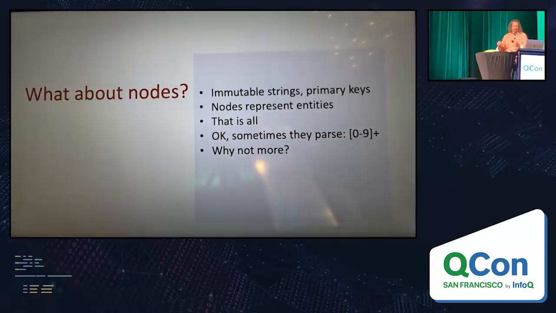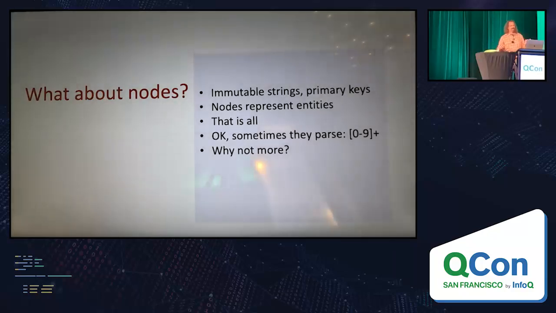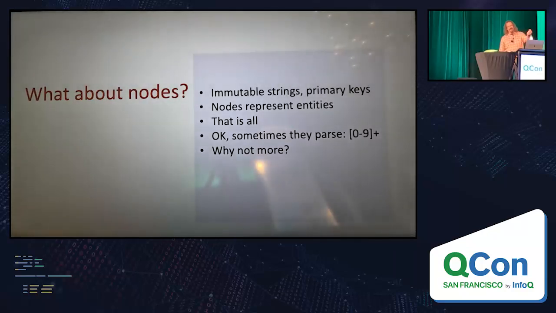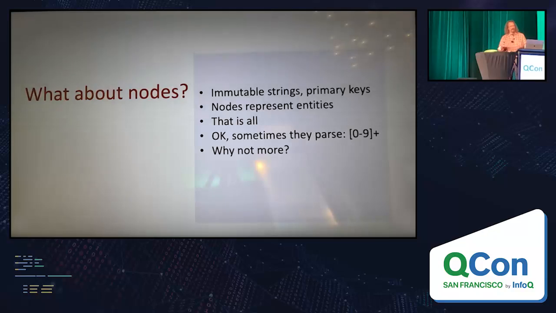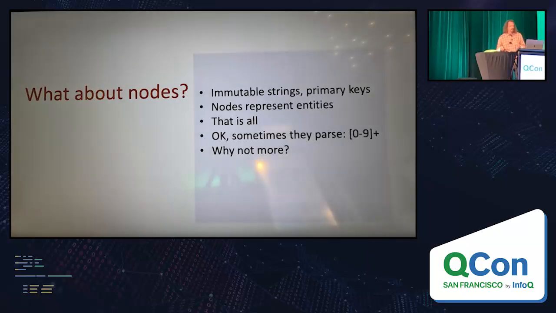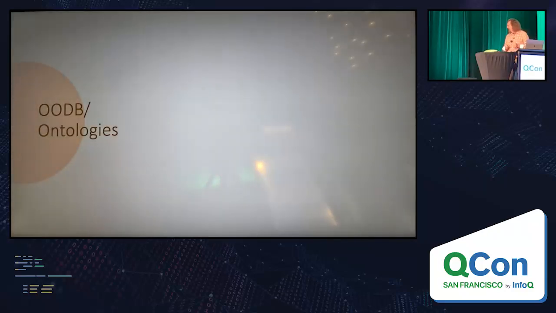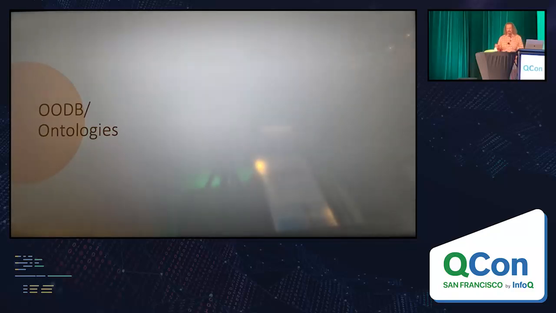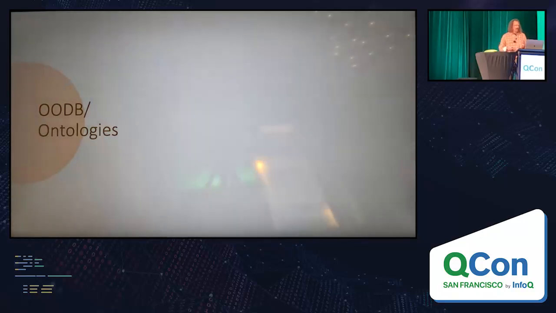So a question is, well, why not more? Why don't we put a bunch more stuff inside our node? If you have something that has node properties, a question to ask is, why even have edges, right? I can have a node be an author and another node be a book, and the book would have a little vector of author identities in there. I mean, why not just do stuff like that? Okay, we tried this back in the 90s. I was involved with this. ODBs, they don't work very well.